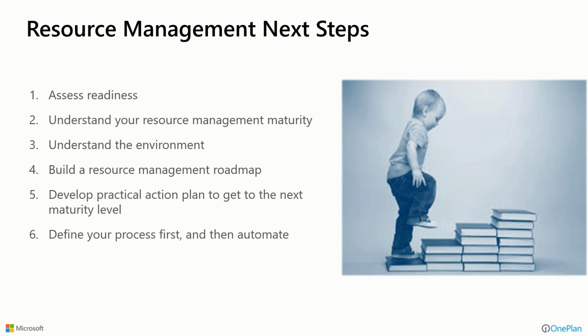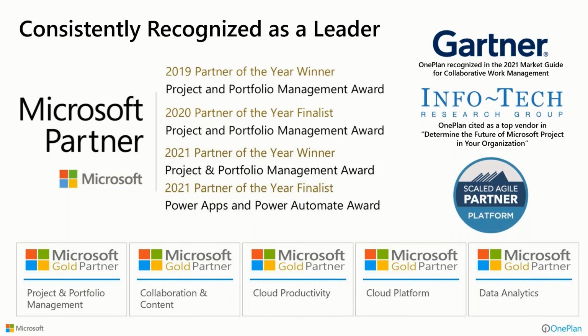And we would highly encourage you to define your process first that works within your organization, and then we can talk about automating it in a solution, because we want to automate something that's working. We don't want to automate vapor or something that's not working or something that's dysfunctional. So the idea there is to think about these steps as the next practical steps that you can take in moving towards these disciplines. Now, we have a passion for this stuff.